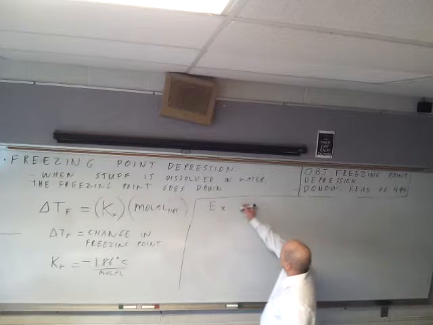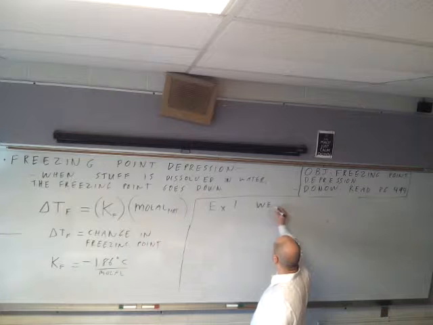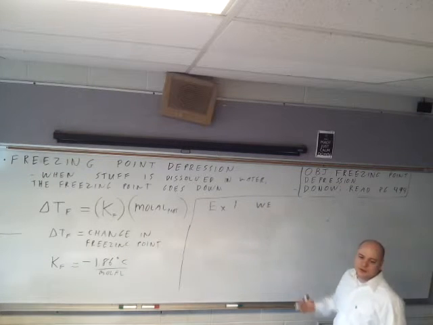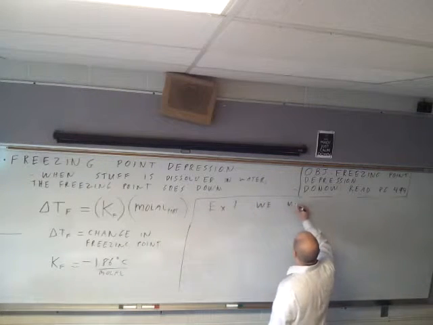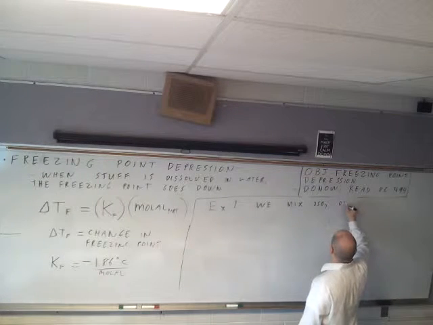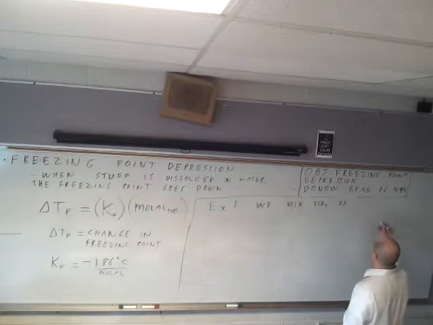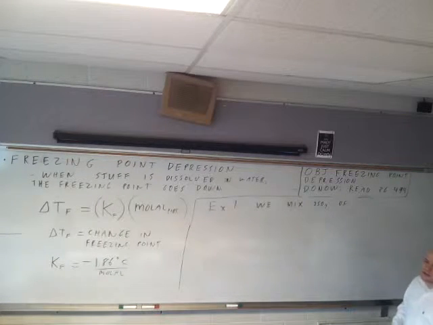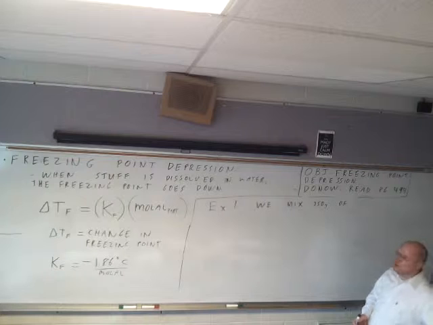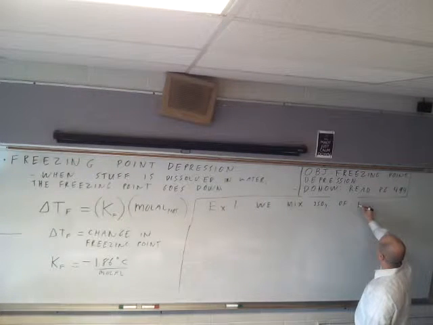All right, so let's do a problem with this. Let's say we, doing things together, it's we now. We mix 350 grams of sugar. That's too much to write. Table sugar is C12H22O11. No, we always do table salt. Let's do some other salt. Let's do potassium bromide.